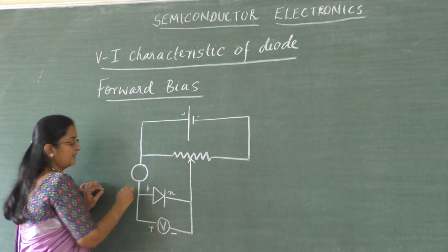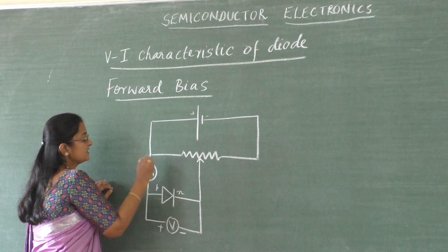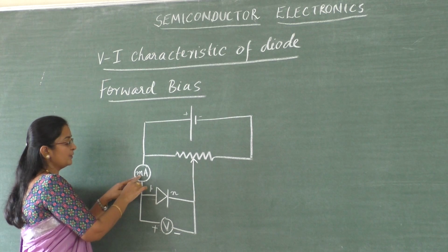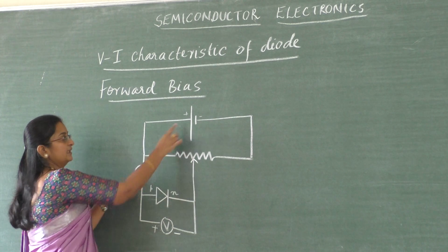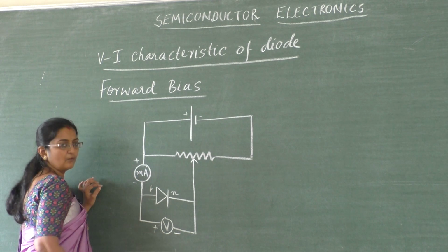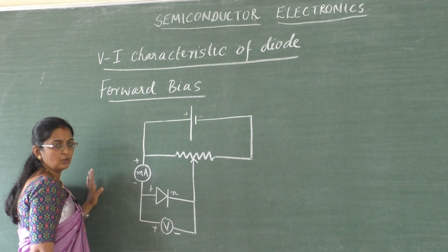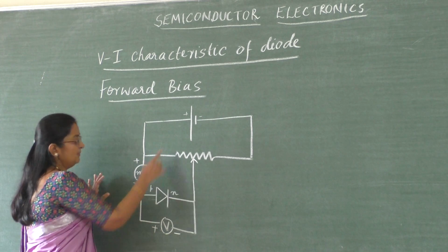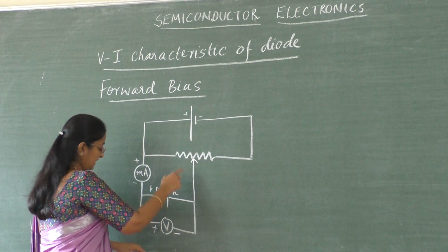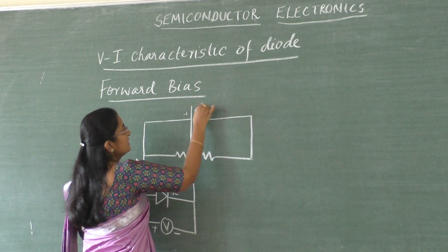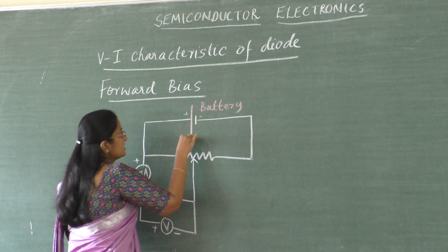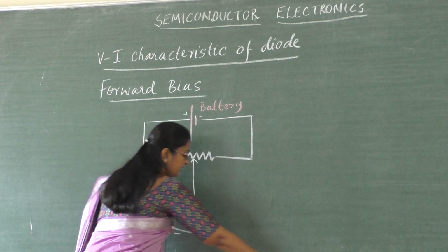measuring device, that is ammeter, and since the current is of the order of milliamps, we are using a milliammeter. Now where should its positive terminal and negative terminal be? Second from positive, this line comes here, so it is positive, and this one of course should be negative. So students, note down this diagram. Now here let me represent the names of these devices. This one is called battery, with a positive terminal and negative terminal.